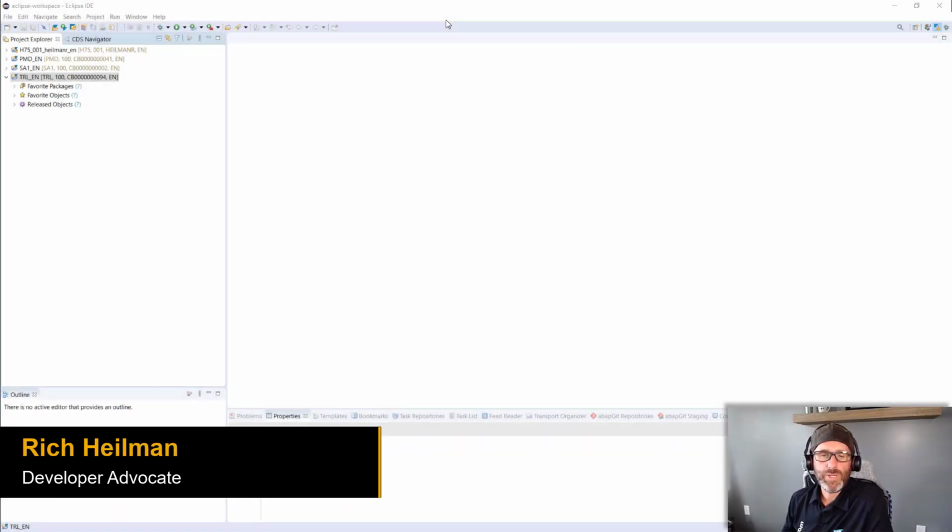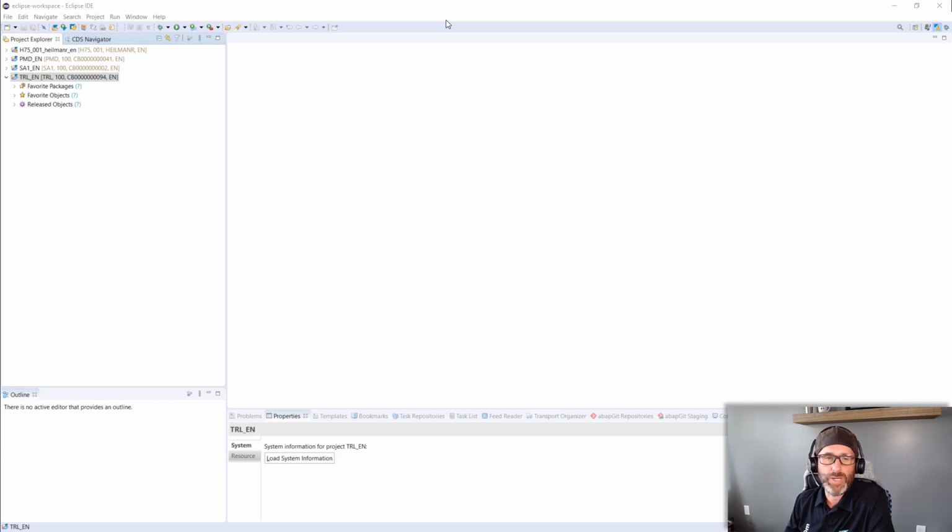Okay, we're going to continue on with exercise 3, where we're going to start doing the exercises for the ABAP RESTful application programming model. In exercise 3, we're going to explore the unmanaged scenario, where the RAP framework allows the developer to focus on the business logic as opposed to the nuts and bolts of the framework. But in the unmanaged scenario, the developer is really responsible for the implementation of the create, update, and delete